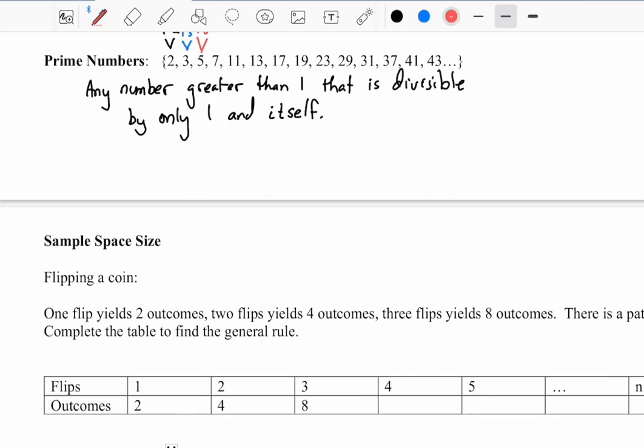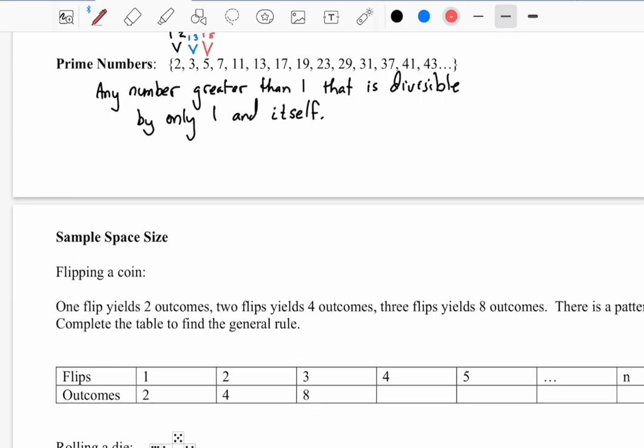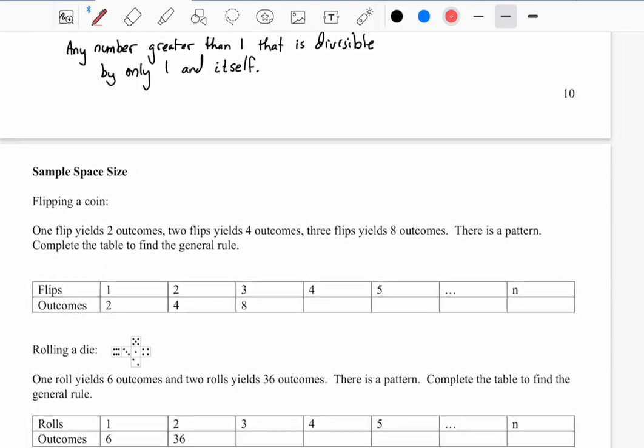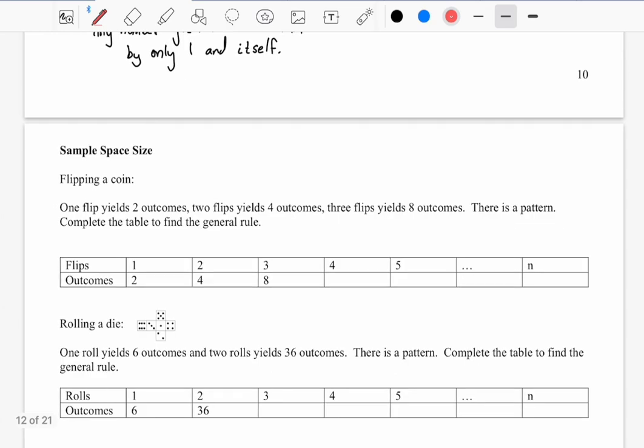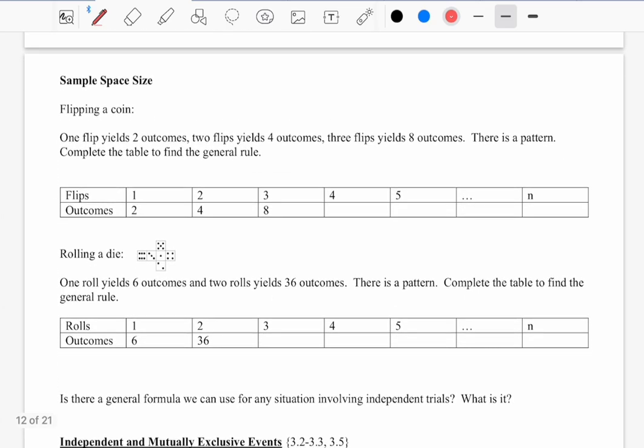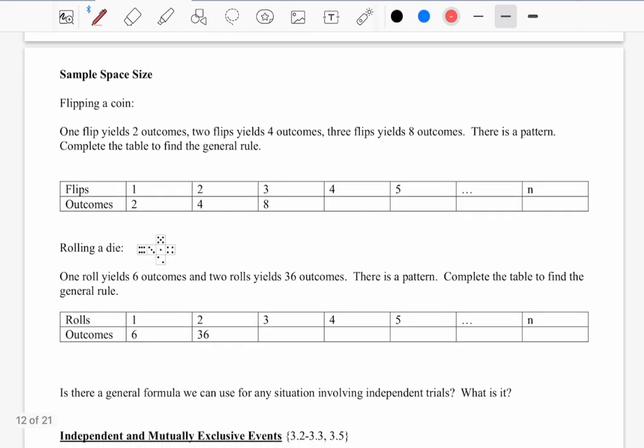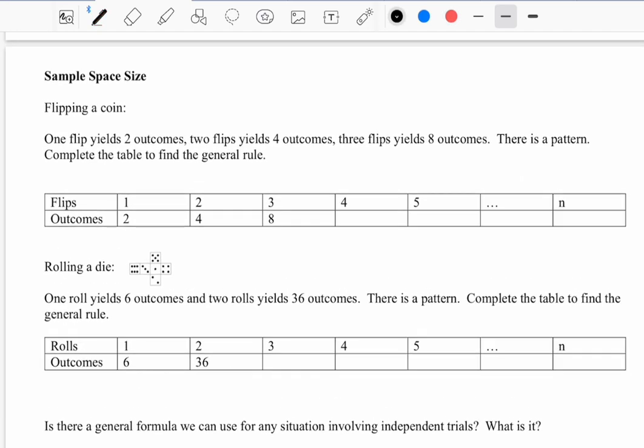So I use the count function in Google Sheets, but maybe there's a different way. And so I focus on two very simple cases. One is flipping a coin, and the other is rolling a die. All right, so for flipping a coin,